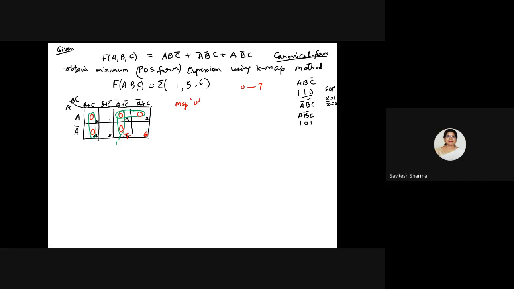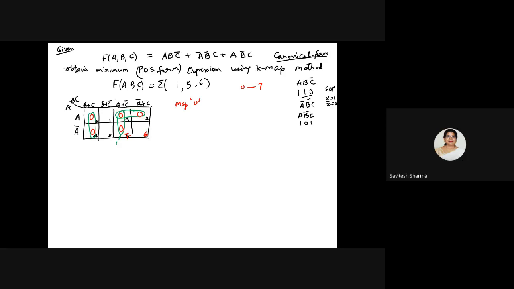I will prefer overlapping, but why would I do overlapping here? If you are doing overlapping, that means you are adding another extra term that is not required, because my group is already over. So various answers will come. Someone may group this 0 with this 0. It is okay, no problem. Overlapping, you please do it once only. So 2 answers may come and both answers will be correct.